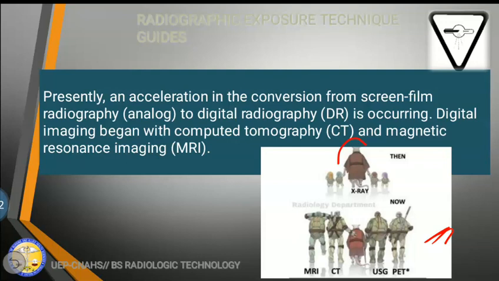So the X-ray was the first to be discovered, the first X-ray machine to be produced, but it has fallen behind in development. In your CRDR subject next semester, it's always next semester, no? This will be discussed: what were the reasons why the development, or let's say improvement, was delayed